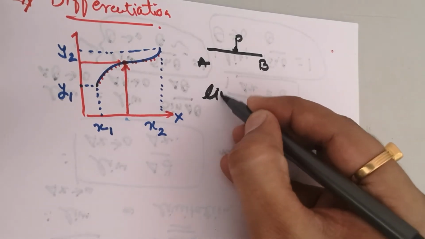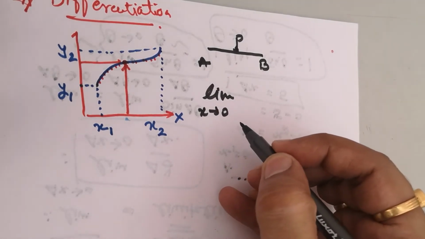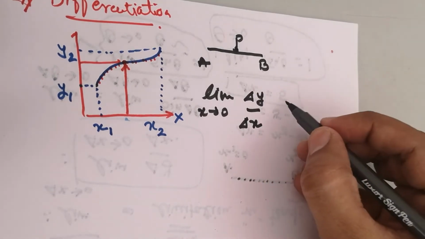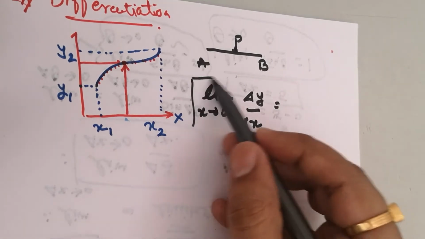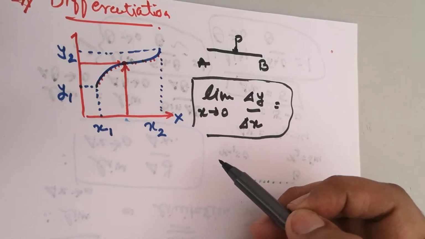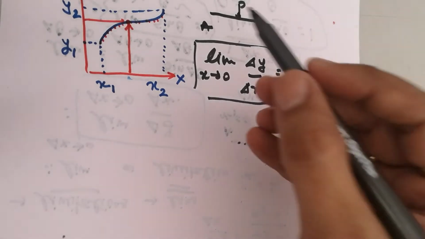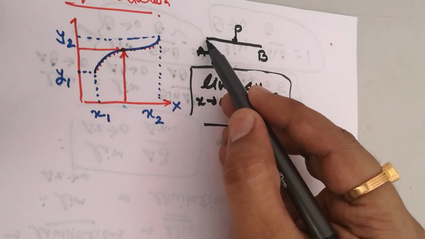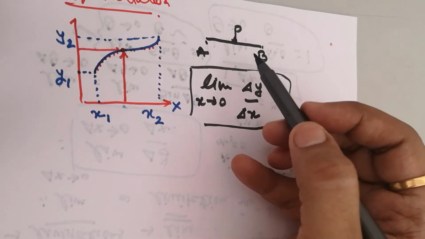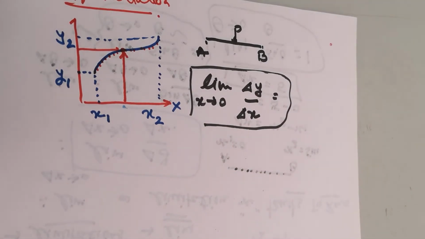Let's say in the very initial condition, delta x tends to 0, it means that x is gradually progressing towards 0. That is why delta y by delta x is the value of our slope. So we want to find those values which are progressing towards 0. It is quite impossible using normal maths. That is why, if you have a limit, first of all you have to give those limits, that you are discussing between the points A and B. You have defined those points. Now you want to get information in between these two points. That is why we will find differentiation.